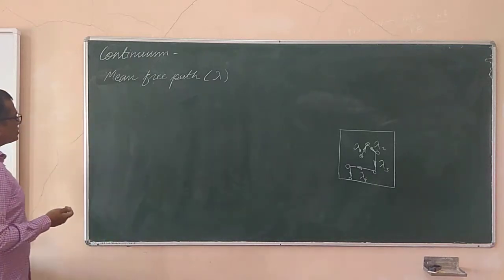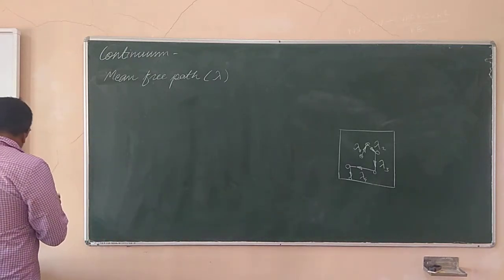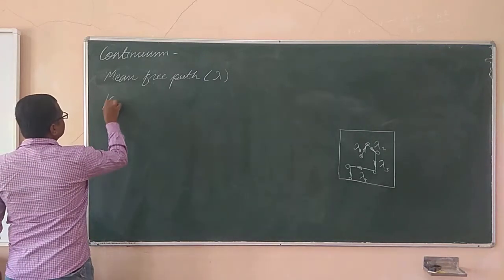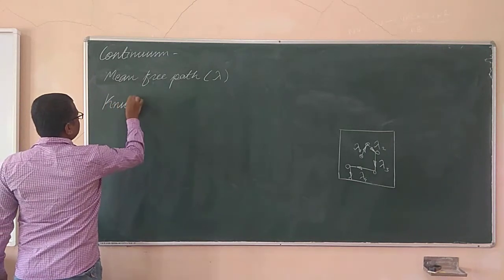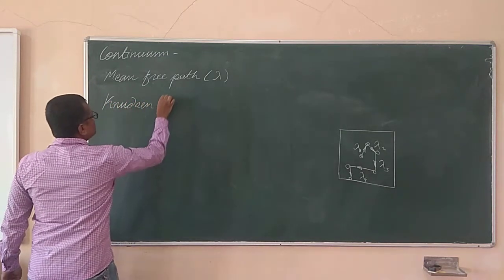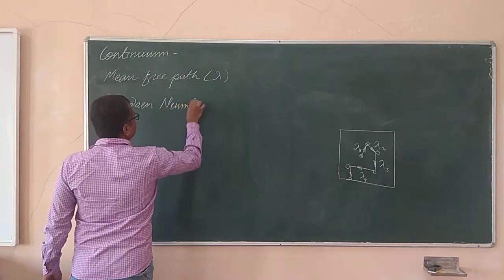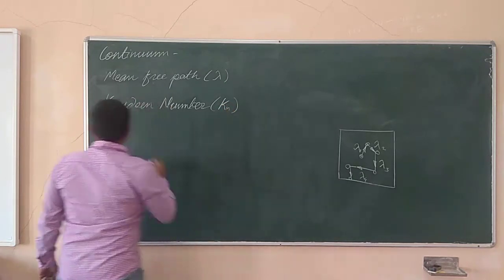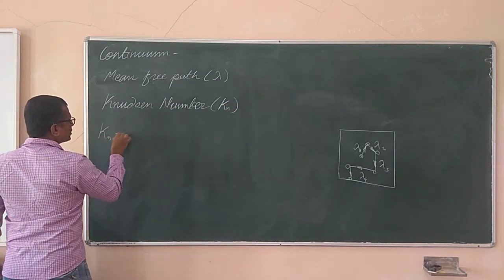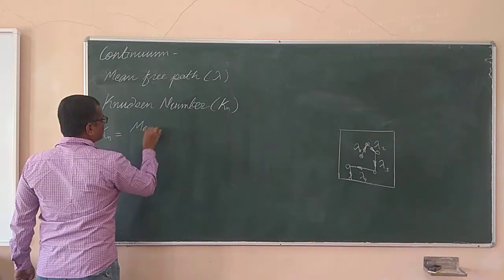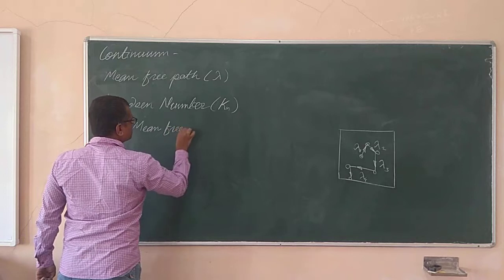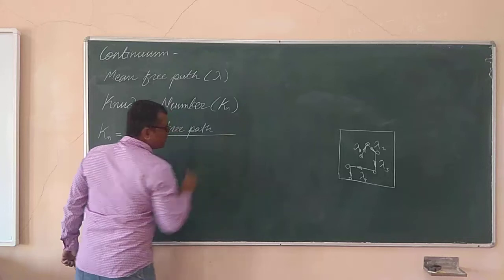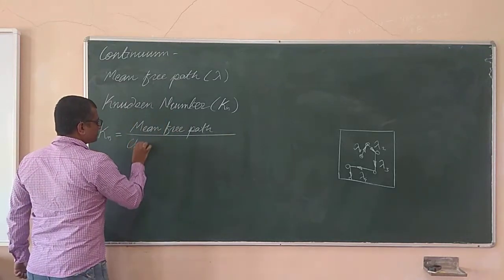Now there is one constant, we call it the Knudsen number. It is represented by Kn. This Knudsen number is defined as the ratio of the mean free path of the molecule divided by the characteristic length